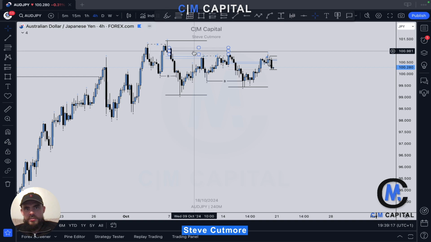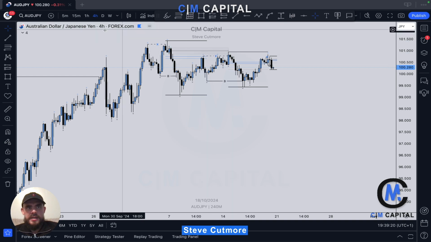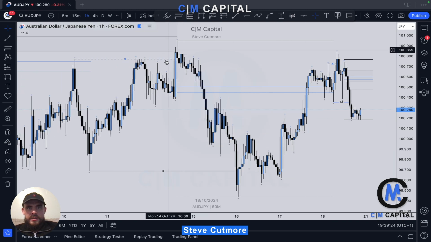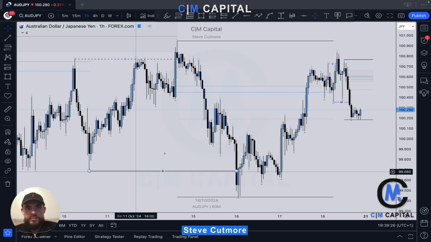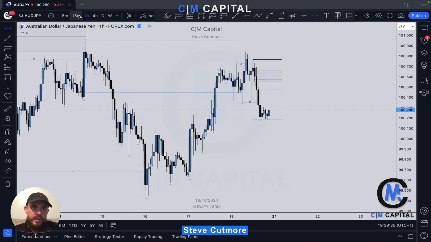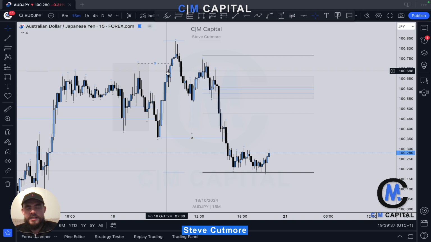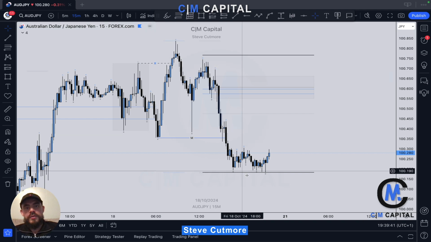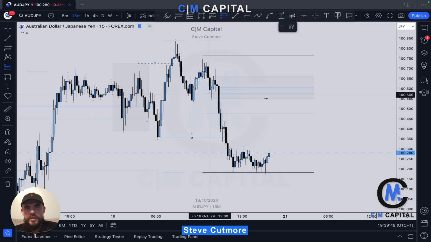We have respected a supply zone coming back into it, and then on lower time frame, once again, we have cleared out liquidity, pushed to the downside, broke structure again. We've pulled back upside, respected Fibonacci into the main supply zone, and then dropping to another lower time frame, we've had exactly the same thing again. Liquidity sweep to the upside, impulsive move downside, breaking structure, and now I'm looking for a return up to this level here. Supply zone, Fibonacci,